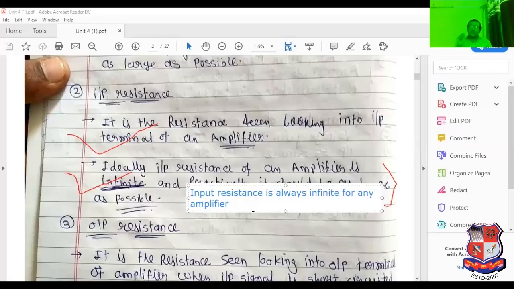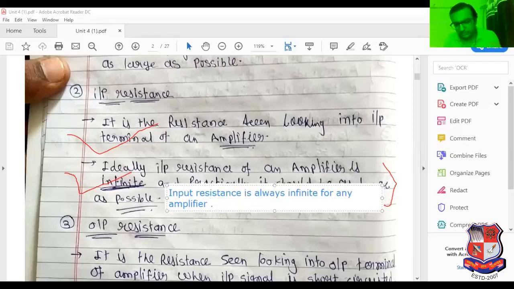Input resistance infinite હશે તો તમે minimum input આપી શકશો અને minimum input આપશો તો તમને maximum output આવશે. So the definition of amplifier is fulfilled only if we can apply a high amount of resistance. That's why input resistance of any amplifier is always high. Why? Because we can apply the minimum input. Practically thinking about that,